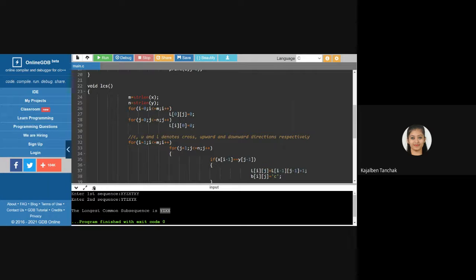But whenever you are doing backtracking, based on that only you get the answer. Right? There is a different approach, different arrows sometimes we have used, and based on that only we get the answer. Okay. So this is all about today's session. We have done the C program for LCS. One, we have printed the length, and another, we have printed the characters. As well as we have solved the example.